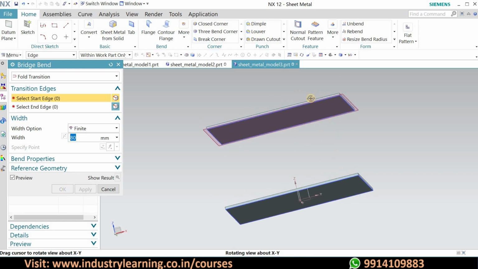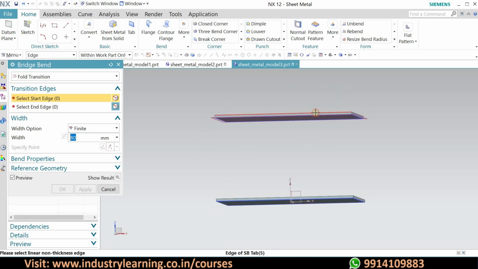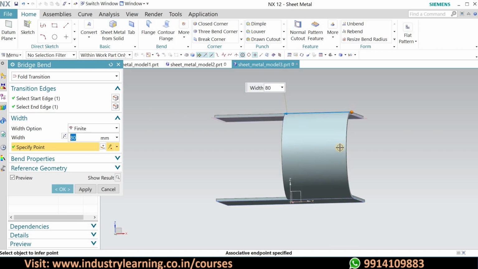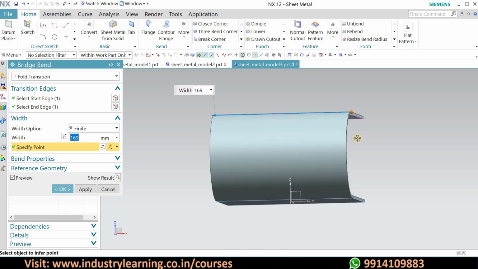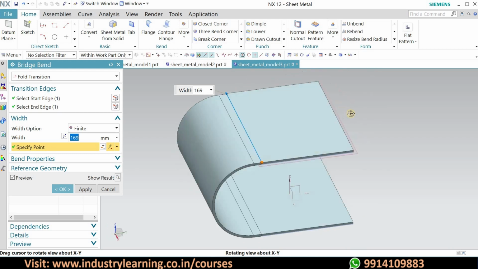So let's take the first edge, that is this one, and now the second is this one, and using the specify point, like this. So now what we will do, we can drag this, and we can see that this has been joined.